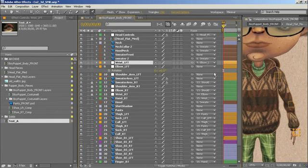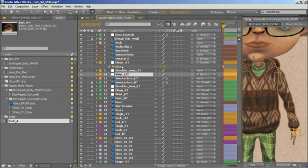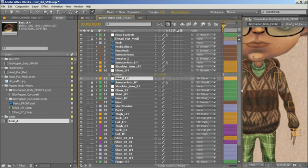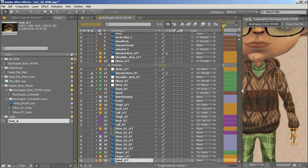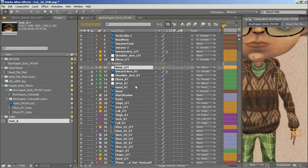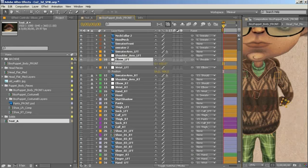We now have to parent the wrist to the elbow to the shoulder, and while we're at it, I'm actually going to change the order of this because I want to go from the shoulder down. While we're at it, we can attach the hand to the wrist null object. This is the nice thing about using null objects as well, is you can actually attach other objects to them and they drive the pins as well, so everything gets connected together, so you're not trying to track a hand to a pin. So there we go, hand stuck on there, great. Elbow, let's try the elbow. Now right now that arm is really rubbery,